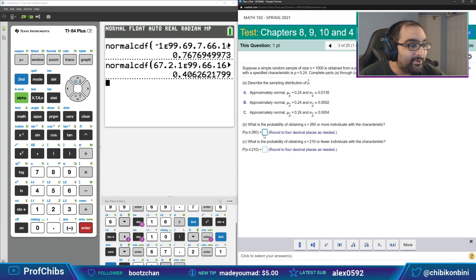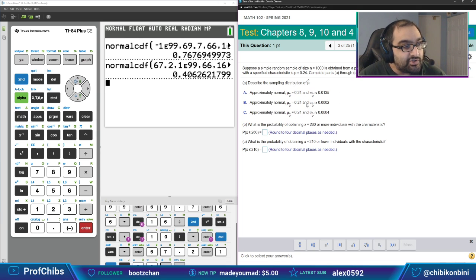All right, let me go back here for just a second. So here we have a population proportion here, Megan. In this case, how do we go ahead and find this out? Well, this first part is going to be the most important part. If we were to describe a sampling distribution for a population proportion, then we need to first look at p, which is 0.24. As you can see, all three answers are 0.24.